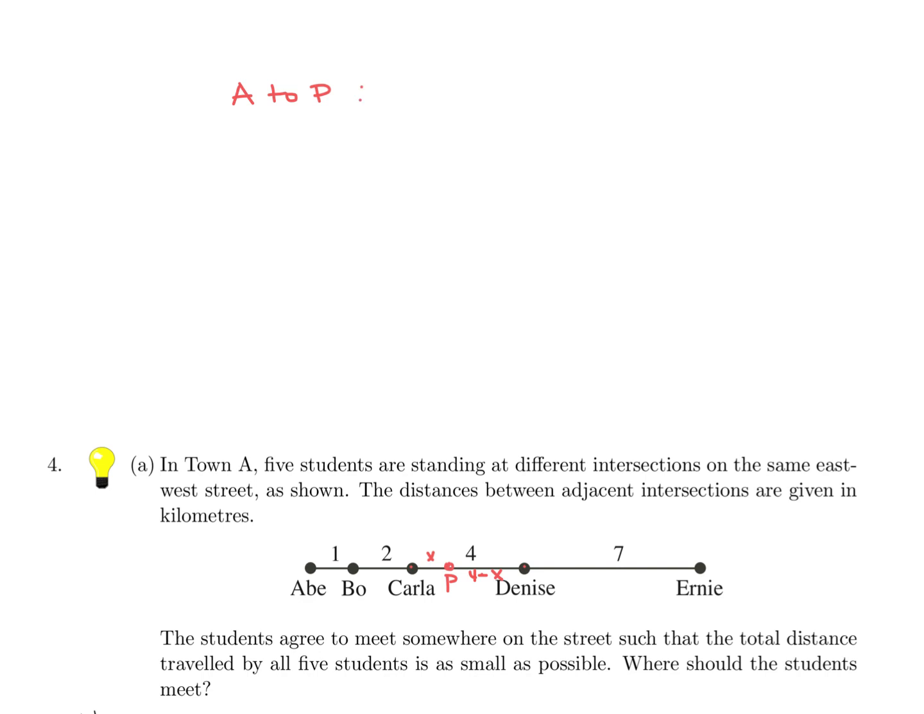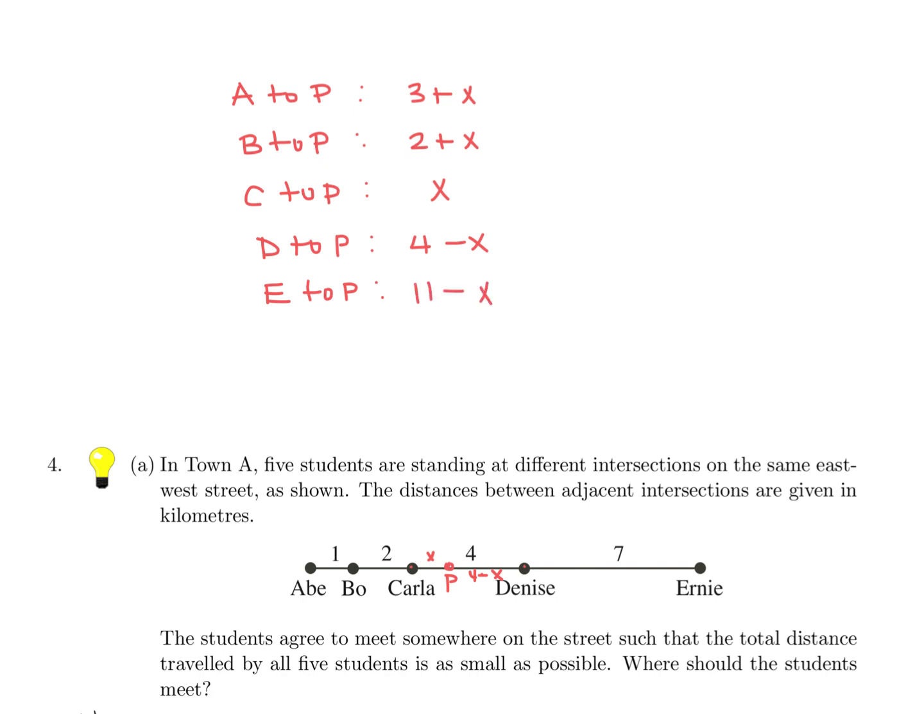That's going to be 1 plus 2 plus X. So 3 plus X. That's the distance. From B to P, I believe, is 2 plus X. From C to P, that is X. From Denise to P, that is 4 minus X. And then finally, from Ernie to P is going to be 7 plus 4 minus X, so that's 11 minus